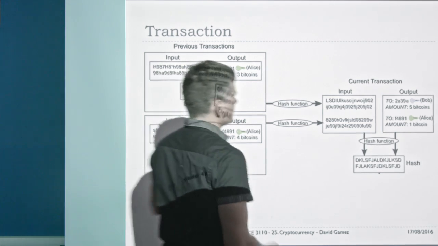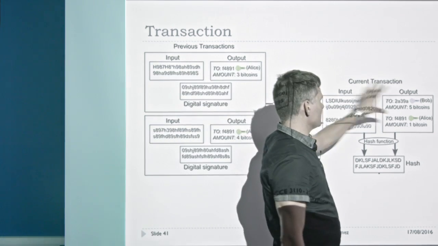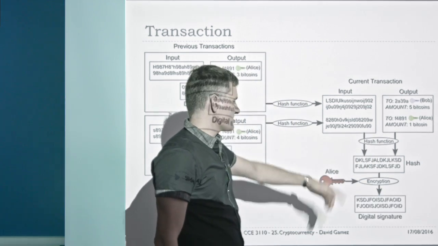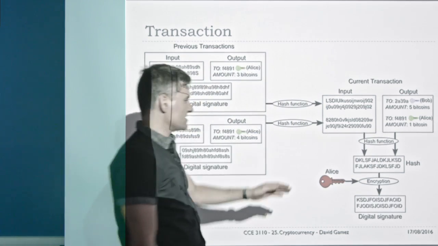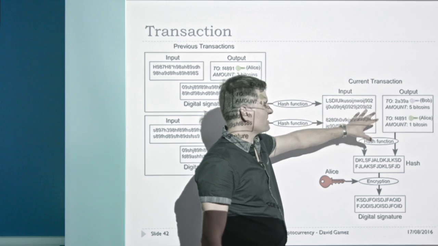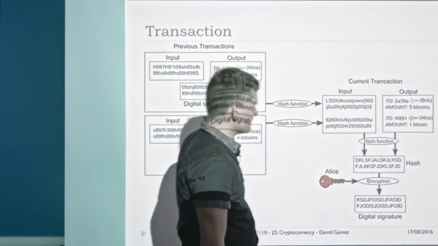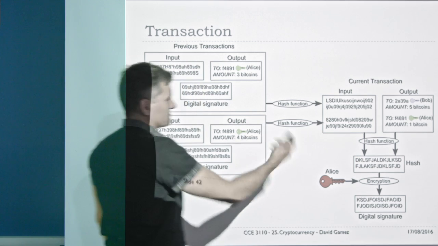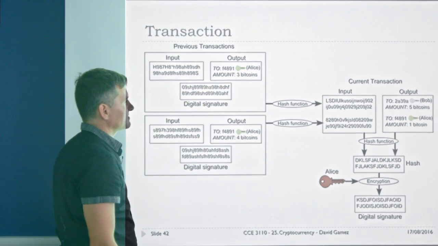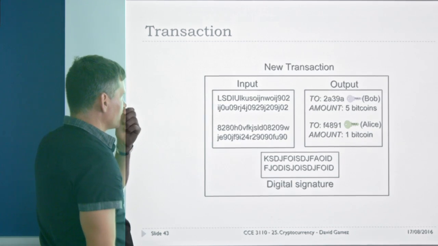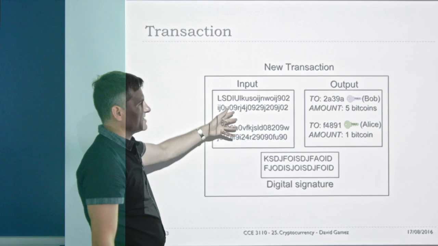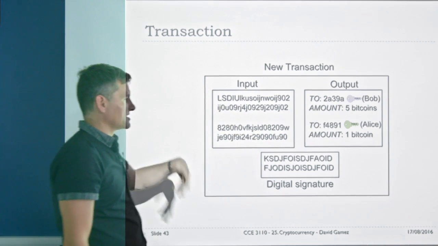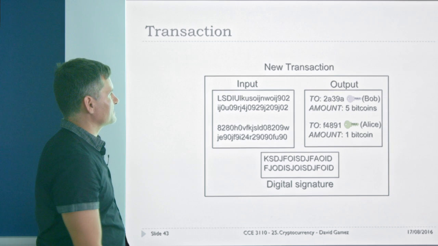So Alice produces this transaction with the input and the output, and she takes the hash, encrypts it with her private key, and signs it. Alice is saying, I agree to this transfer of funds from my inputs to this output, and by signing it, she makes it tamper-proof. So here's the new transaction. You've got the inputs, the money coming into the transaction, the money going out of the transaction, and the signature that establishes that it was Alice who wanted to transfer this money.